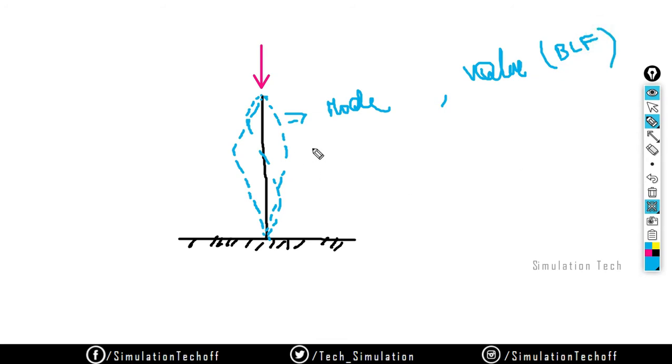For E1 there is a buckling load factor, for E2 there is a buckling load factor, and for E3 also there is a different value of buckling load factor. But what we are actually looking for is the least one, the very minimum load factor. In that value our first buckling will happen.